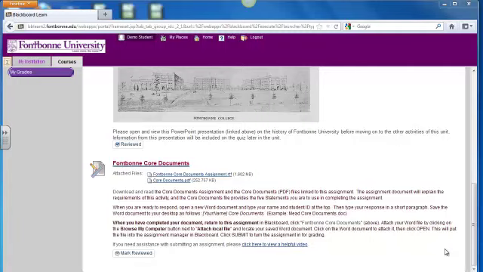online class. Now, as you read through the core documents assignment, I can see right here, here's my assignment link, and it gives me the directions and descriptions of what I need to do. So I know that I need to open this core documents sheet, I need to read through it, and then I need to open my assignment link, read through those directions, respond to it, save it, and submit it. So that's the process we're going to go through, and first I want to go ahead and open up my